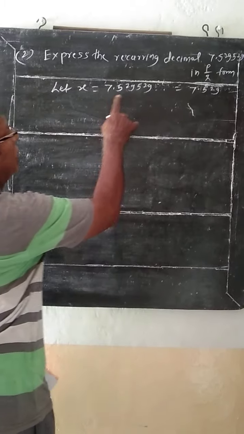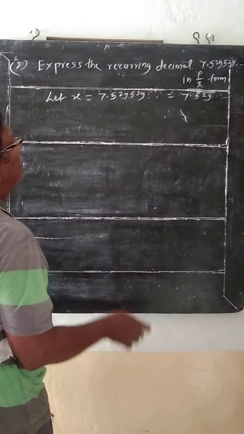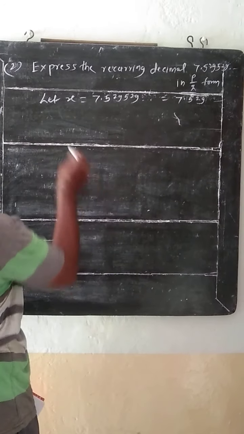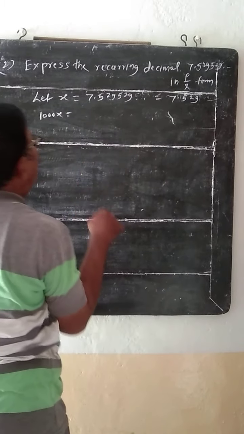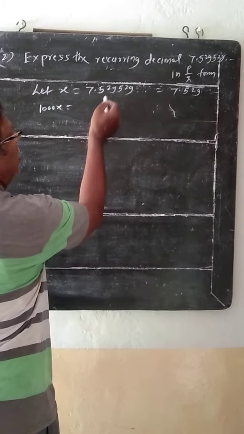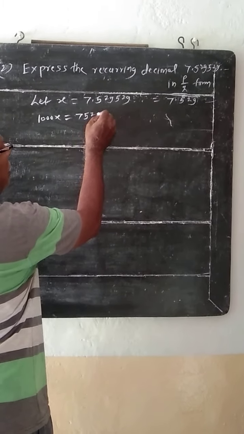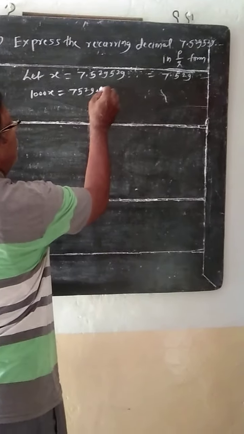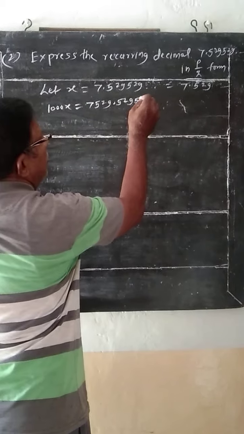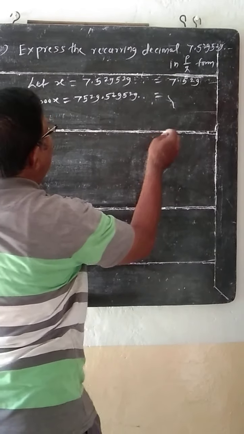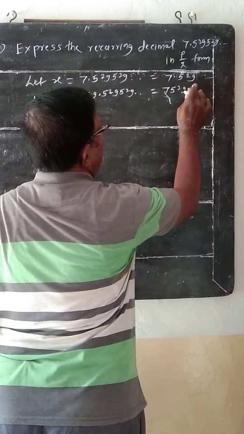recurring numbers are 3, a group of 3. When recurring numbers are 3, then multiply this equation by 1000. So 1000x. If two numbers, then multiply by 100. If one number, multiply by 10. Then take this group to the left side, 7 as it is, and write 529 after that, and 529 recurring is equal to 7529.529